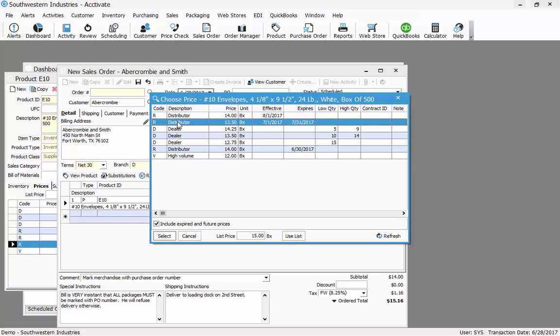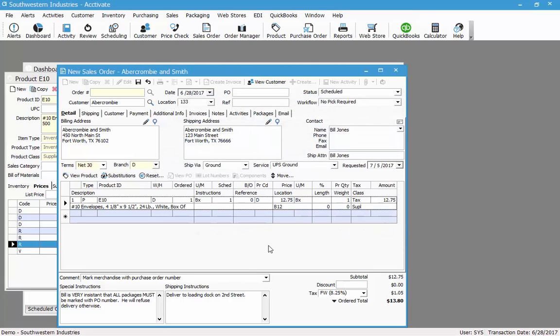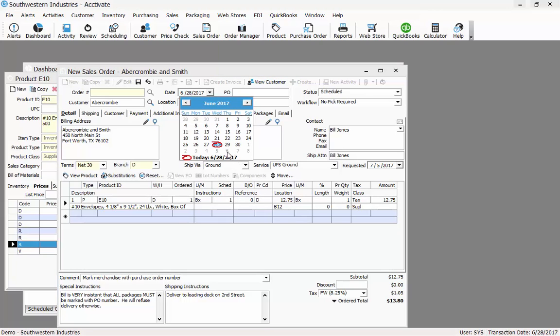So you could double click on this to give them the future price. You could also use one of the other dealer prices and give them a different deal. So let's do price code D at $12.75 a box. Now let's say we open this order at a later date and we want to go ahead and change it